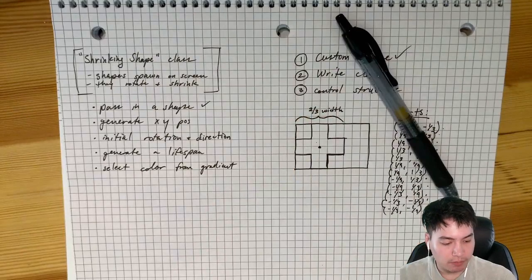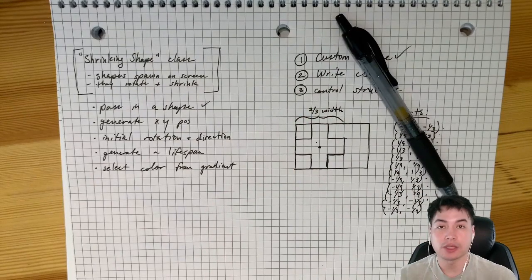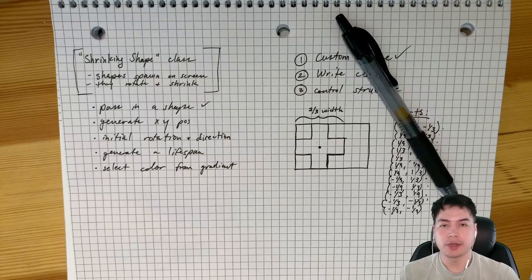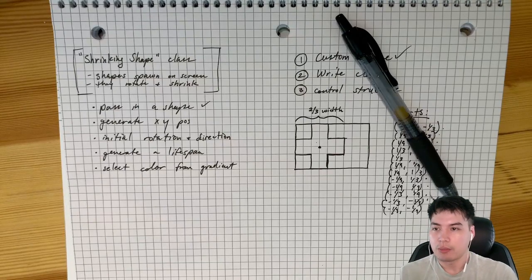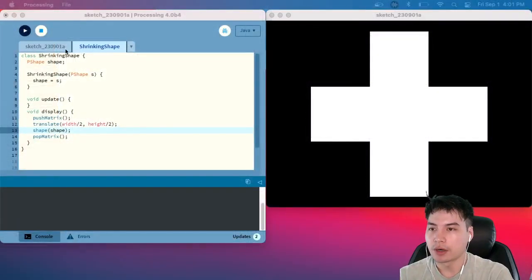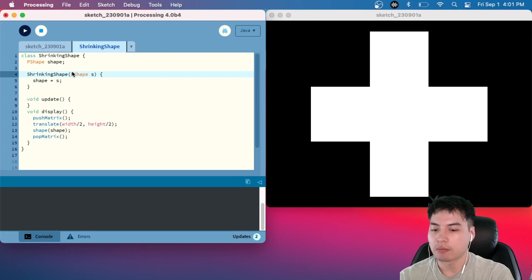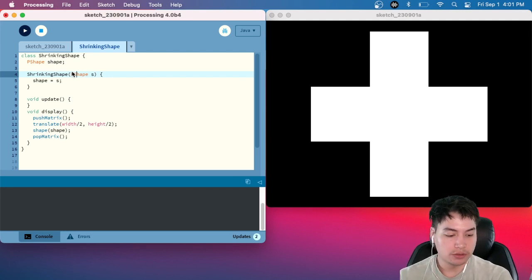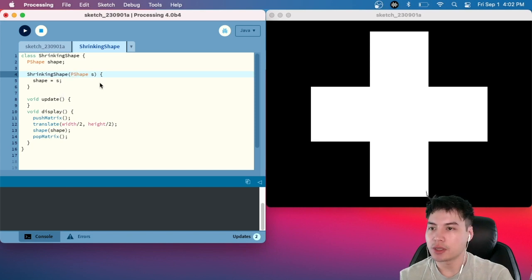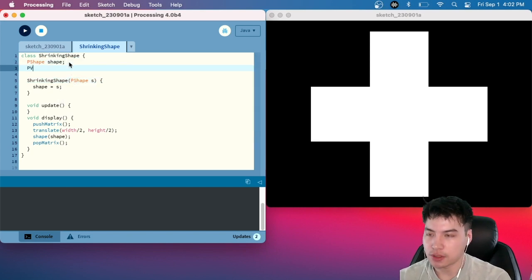And every time I add one to the list, I don't actually want it to be in the same place, and I don't really want to have to pass in the coordinates that it's going to be generated at. If you wanted that to be your control structure, that would be fine, and you could pass in a couple of arguments here in your constructor for that. But for our purposes, we're just going to use a couple random functions here to generate an x and a y position. Okay, so what we can do is in our constructor, let's give ourselves a PVector called position,